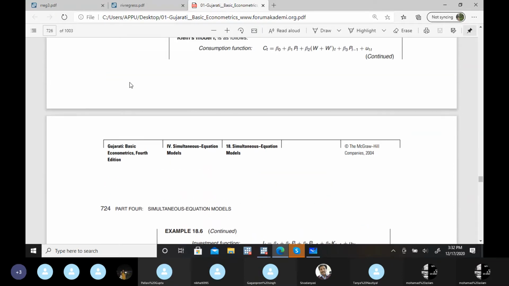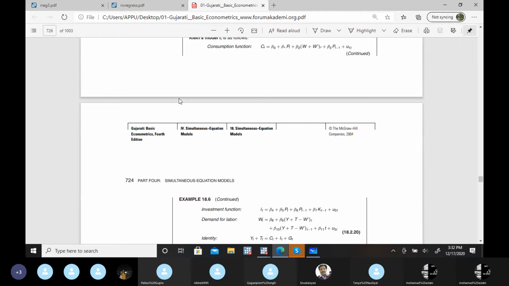They're on separate pages. Okay, I hope it's visible. Now let's suppose we have these first three equations as simultaneous equations. First think about whether seemingly unrelated regression is valid here or not. If it's not, then second, is the recursive model applicable? And if it's not applicable, then can we apply ILS? And if it's not ILS, then we have to move towards 2SLS, if it's an over-identified case.